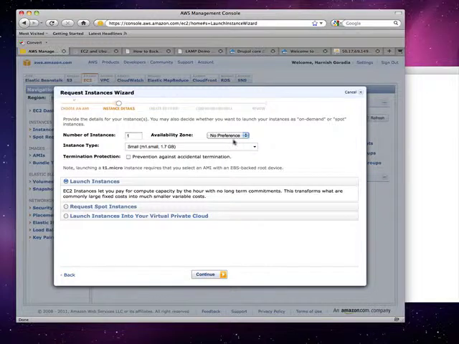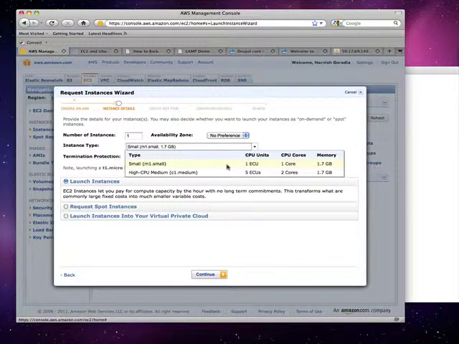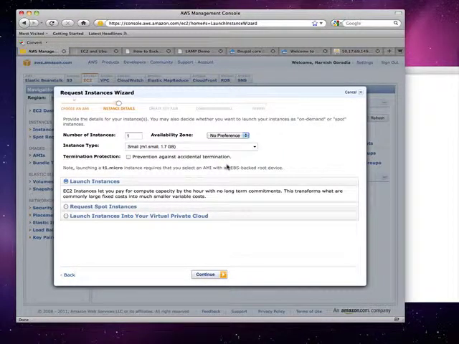But no, actually, because my original machine that I cloned is an M1 small with block storage, not an EBS storage one, it does not show me the micro instance. I cannot start a block storage instance as an EBS instance.